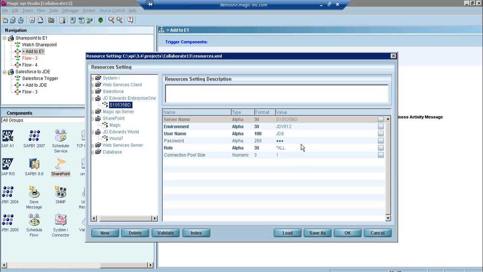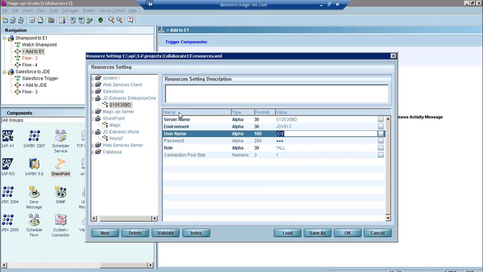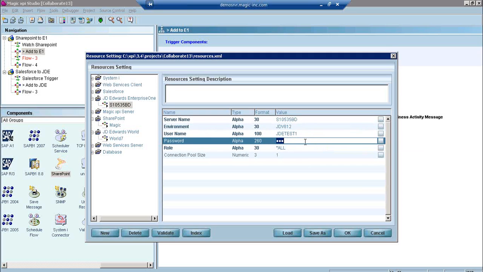So as I have my JDE user, if I change this user to be a whole different user from JDE to JDE Test 1, that's actually that user, it would then only be able to do whatever that user and role had the capabilities to do. So it isolates it and abides by the JD security. Basically that means that we're not doing anything that's sort of a hokey direct database trigger or thing like that. We're actually calling real JD business functions that provide us connectivity, but also data validation.